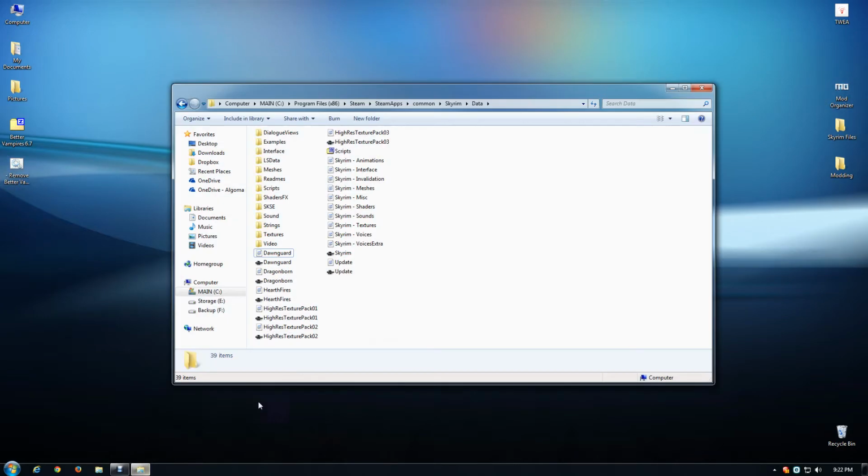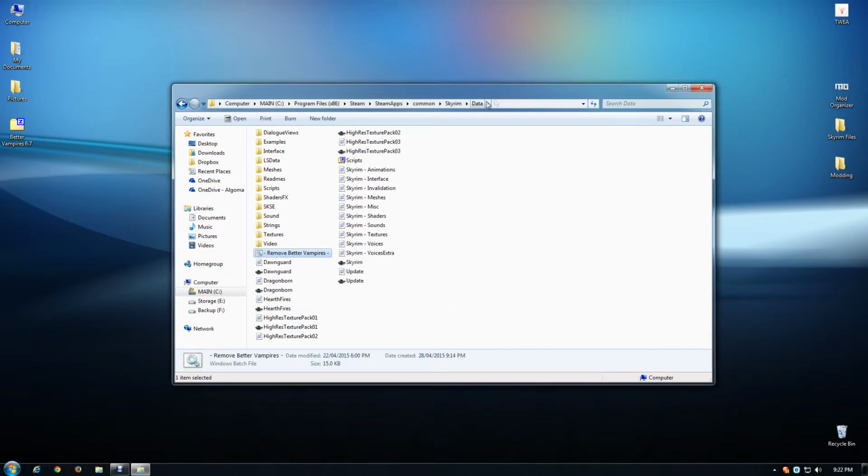Before you use Mod Organizer, however, I would recommend you download my batch file off of my Nexus page. It's called Remove Better Vampires, and I'm going to drag that into the data folder for Skyrim. This batch file will delete all of the scripts that my mod uses, so it's really useful if you want to clean up my mod or for troubleshooting, but it's also really nice to run at the beginning before you